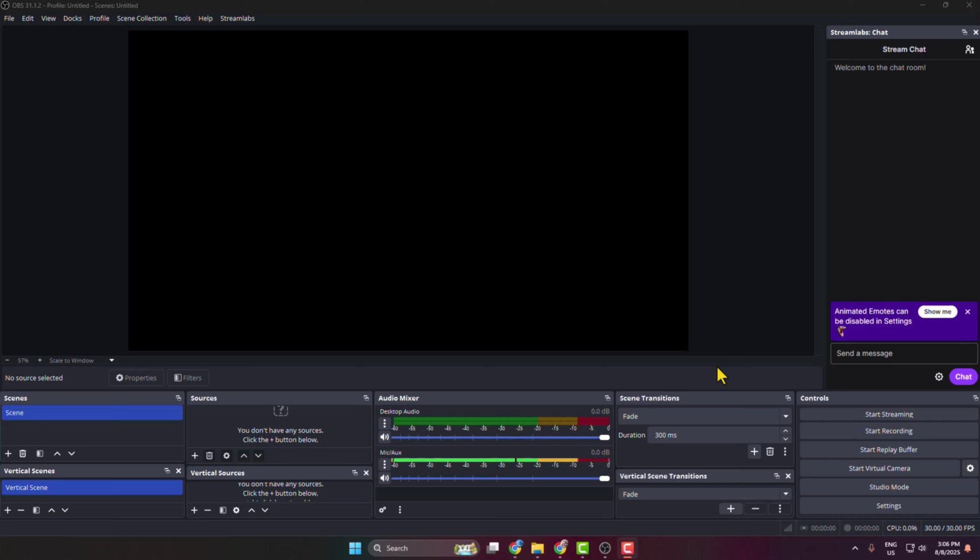Here's the exact way to restore your OBS Studio from backup. So first of all, you have to go to your OBS Studio and click on File and open Show Settings